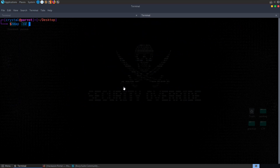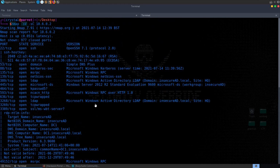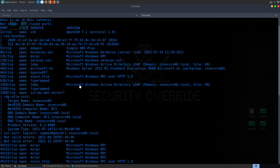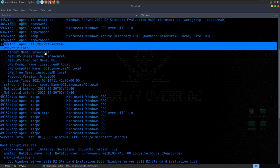So I'm just going to run a scan, enumerating services, running the default scripts, against 10.6.0.2. Note that I didn't run the nmap scan against all ports. We just checked the top 1000, which is all we need here. And we see we've got quite a few open, so we can see the DNS, SSH, we've got our LDAP, we have our RDP, remote desktop,